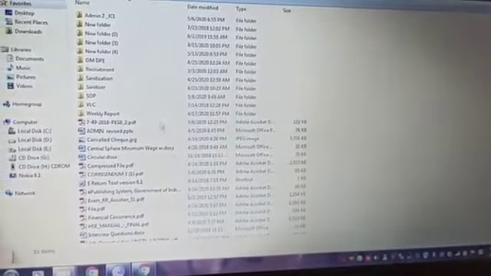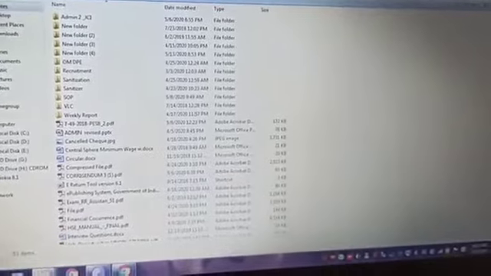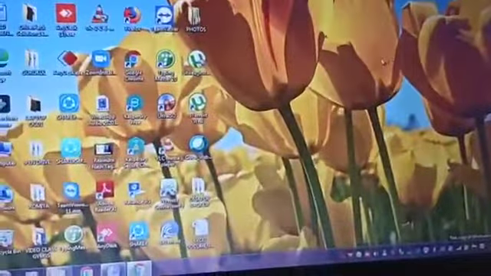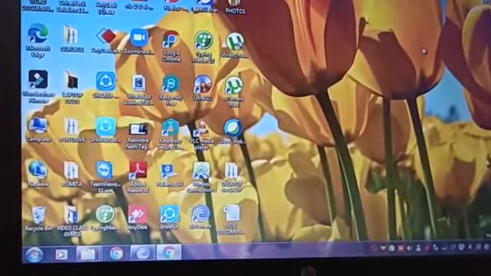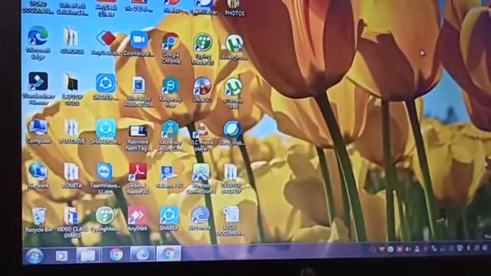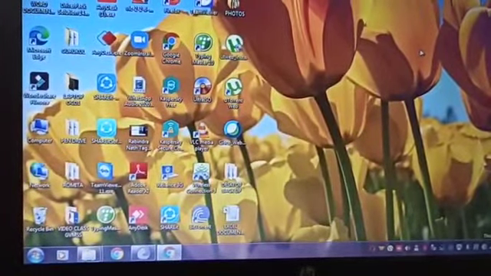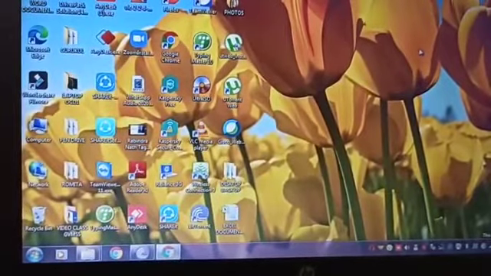Various files are stored here. So in a folder there are various types of files, or we can say a folder is a collection of files. You can store other folders also in a single folder.